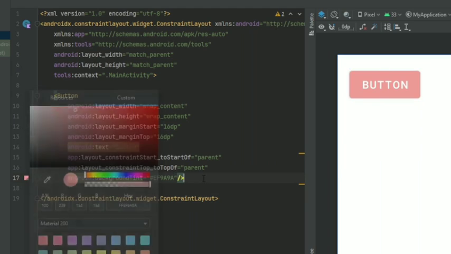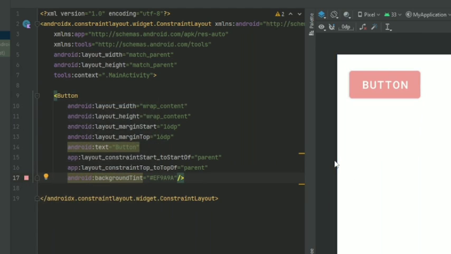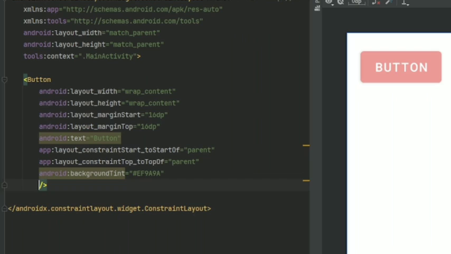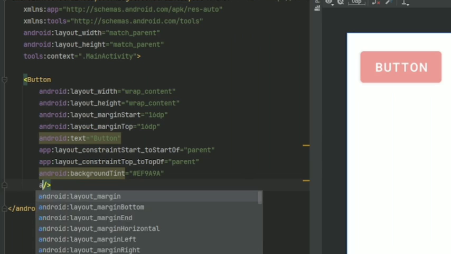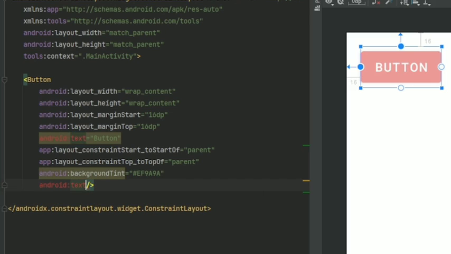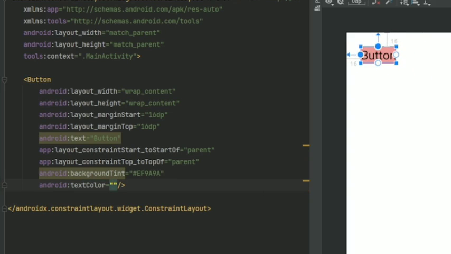Yeah, it's not bad, let us try it. And we have to change the text color too, so we can see the text more. To get more visibility for the text, we are going to change the color by setting the Android text color equals to, I am giving black, that is the hash